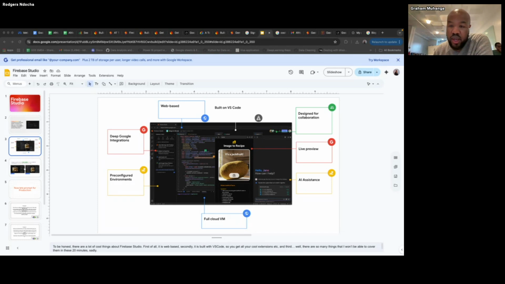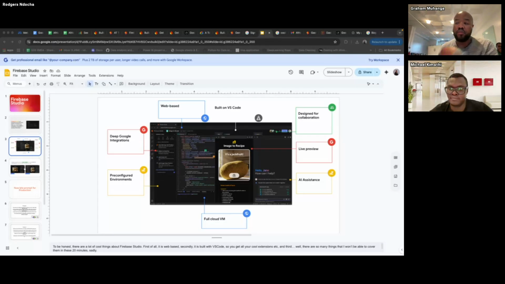Taking your locally developed application to Firebase Studio and host, I think there's maybe a misconnection here. Firebase started as hosting for mobile and web applications, and Firebase Studio is for prototyping applications.